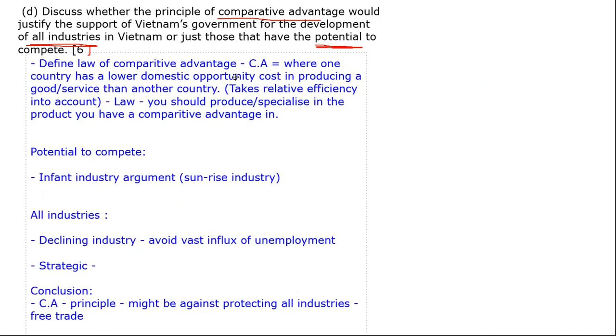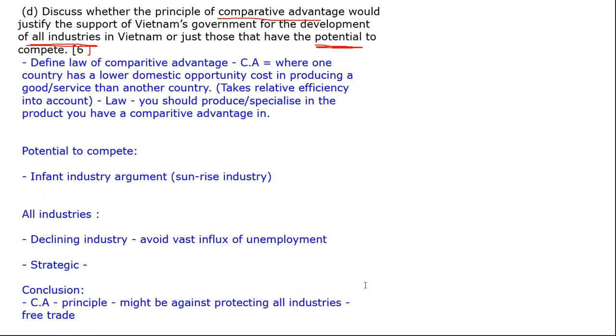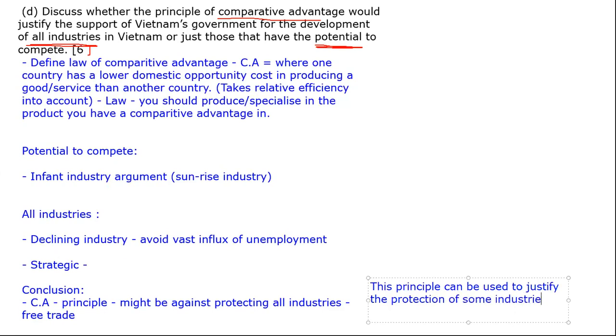However, in fact, let's just put this back here. Let's just continue the conclusion here. You could just say that this principle can be used to justify the protection of some industries, because while protectionism is normally seen to be inconsistent with the principle of comparative advantage and free trade, this allows comparative advantage to develop